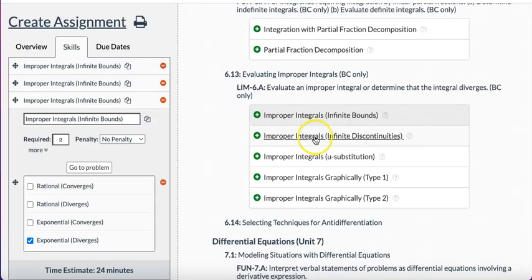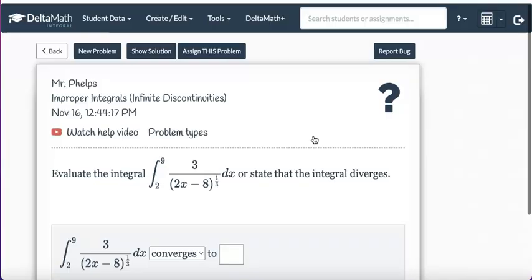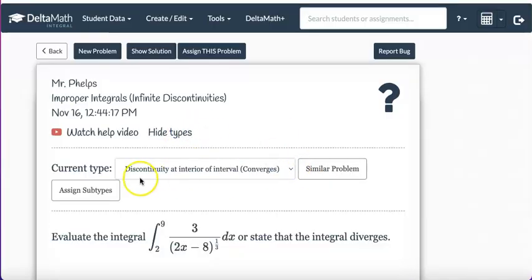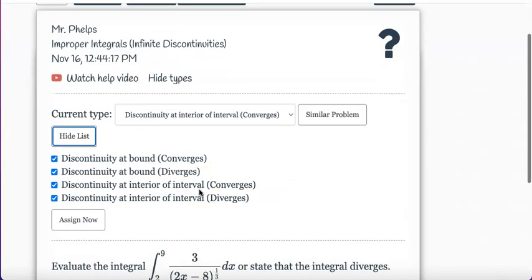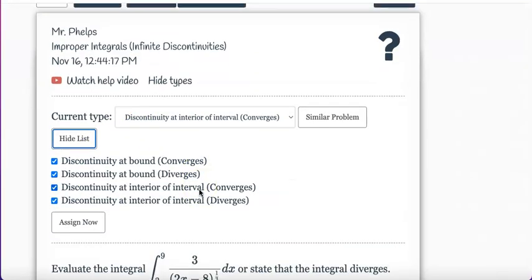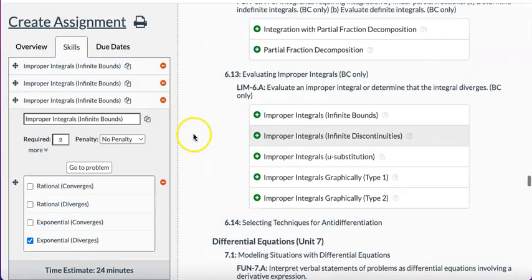And then I would do the same thing for improper integrals with discontinuities. I would click on the problem types, and I believe there are 4 problem types. I would do the same thing that I did. Now, when I go to print it out,